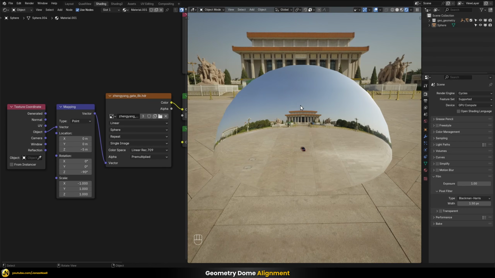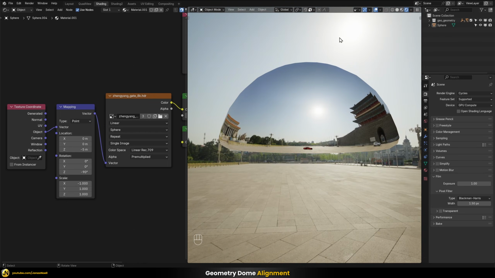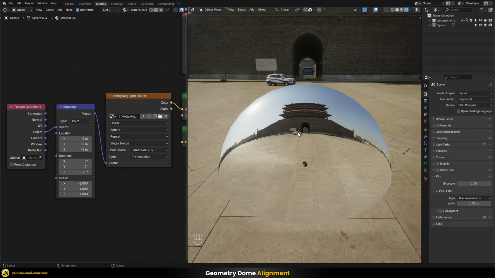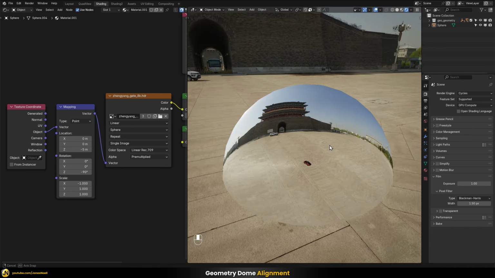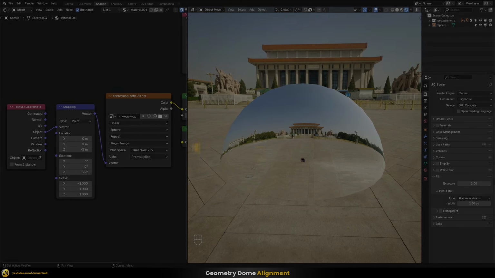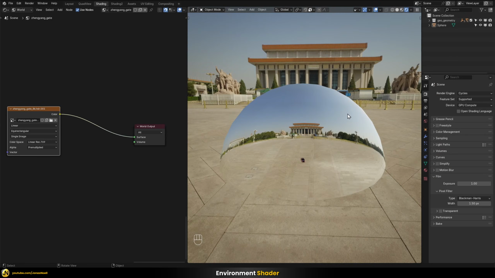So we have this building, which appears here in our geometry dome at this side. Our sun is basically coming from the same direction. The building here is correct, and the car is on the left-hand side of this gate. So you can make sure that everything here lines up properly. Now that we know that both of them are lining up perfectly, we don't really have to see